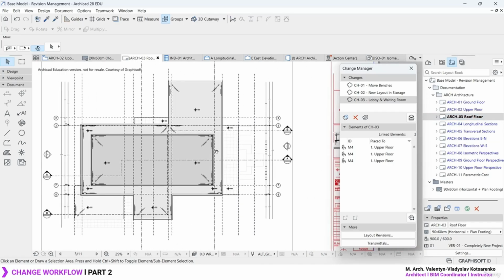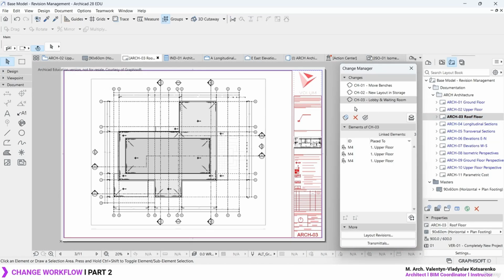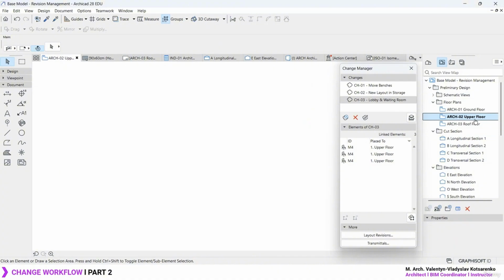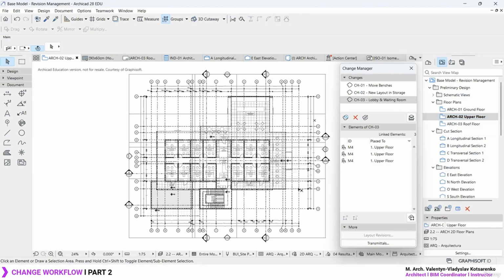But for now, I'm simply going to keep it simple with 3 basic changes so I can explain what's going to happen now for the next delivery. So as always, before we proceed, take a moment, make as many changes as you want. Make sure that you at least create 3 different changes, something like that, in different views. And for the next lesson, I'm going to explain what's going to happen with the new version of the